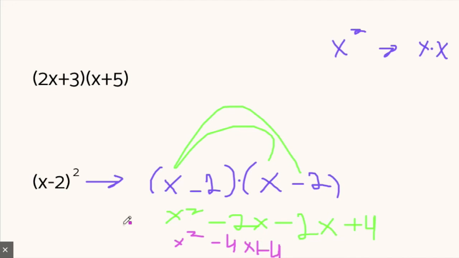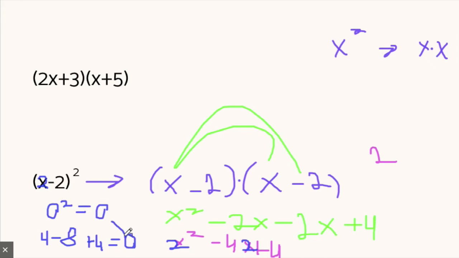And that's your answer. Now let's plug a number in and check. Let's plug 2 in. When you plug 2, 2 to the second power is 4, minus 4 times 2 is 8, so negative 8, plus 4. And that is 4 plus 4 is 8, 8 minus 8 is 0. When we plug 2 in here, 2 minus 2 is 0, 0 to the anythingth power is equal to 0,